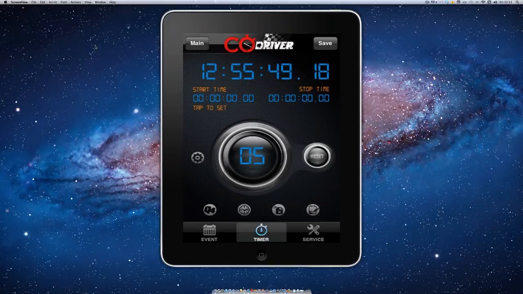So back to the timer screen, and now let's cover off some of the new features that we have for you on this version of CodeDriver. Okay, let's take a look at the control feature. And what the control feature does is it handles everything to do with your road section time. So let's press the icon,